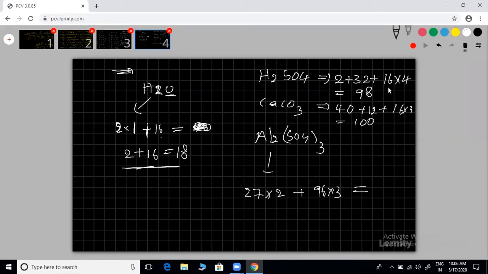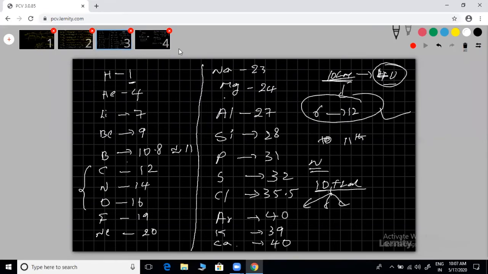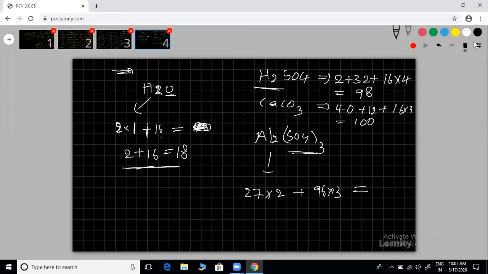You're done, mostly. But calculate from your notes, your method. Sulfuric acid is 98, but sulfate is 96. Here H2 is there, extra 2, that's why 98. But only sulfate means 96. Why are you asking small things? Just practice on paper, write on paper, correct or not, you can prove that one because you have this paper, all the weights. Addition and subtractions you know very well, I hope. Then practice, that's enough.